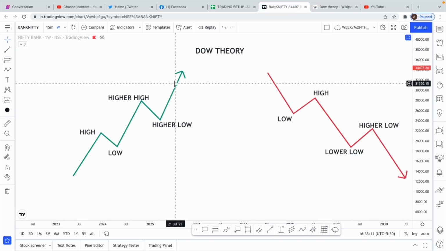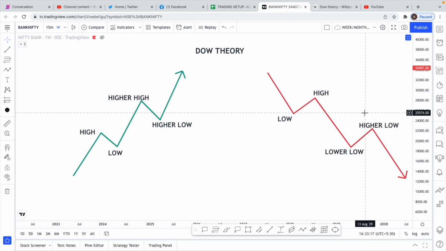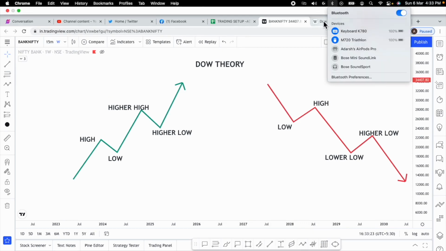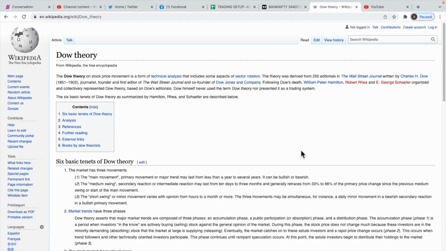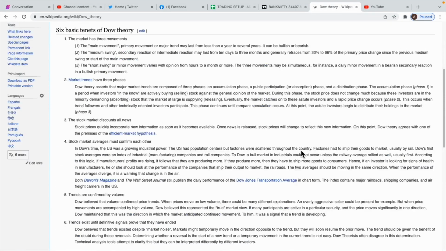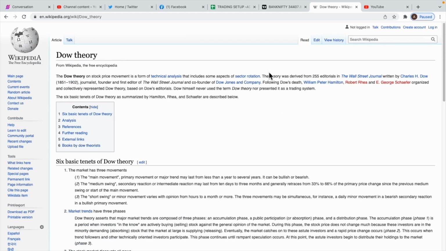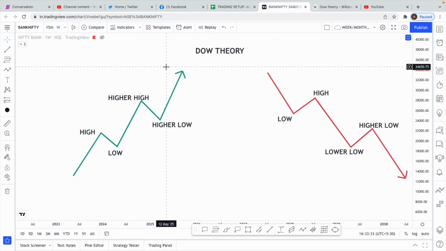So we are going to see what is this Dow theory, what it states, and how we can apply it on the charts, and how to see it on the charts. I'll be showing you that. Obviously, if you want in-depth details on Charles H. Dow, you can go to the Wikipedia page and read the entire history. It's always good to have the complete information. But what exactly this Dow theory states,